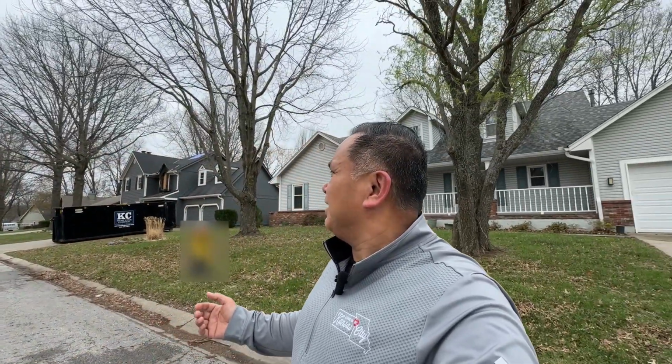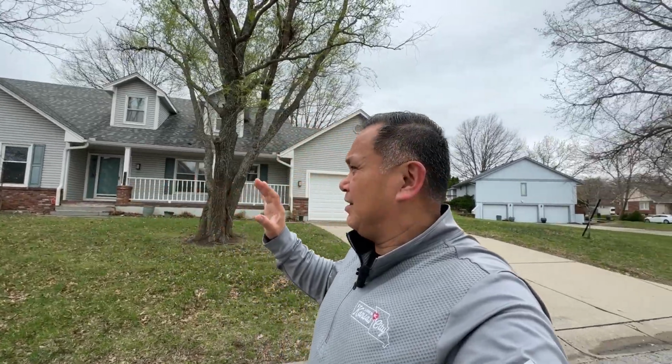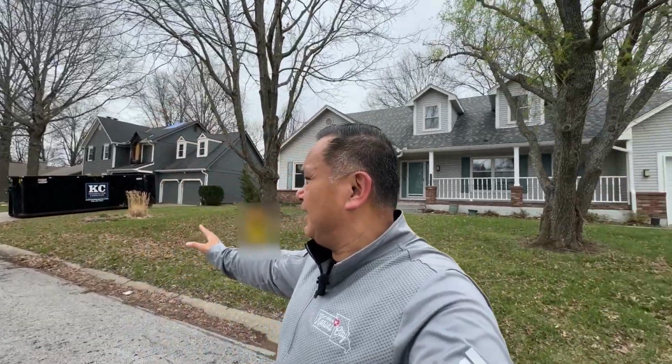One of the things about these type of neighborhoods too is you can see there's no leaves on the trees right now, but we're about to hit spring, and this neighborhood's gonna be gorgeous. And you can see there's a fire on this house here, but hopefully they get that fixed up. But so when you're relocating or moving here to Kansas City, if you have any questions, definitely